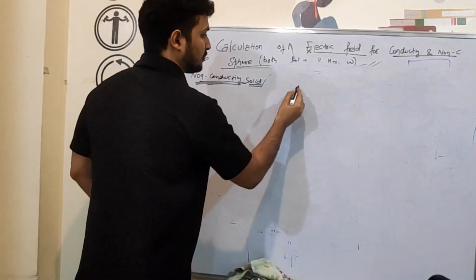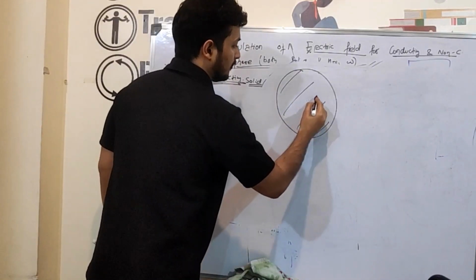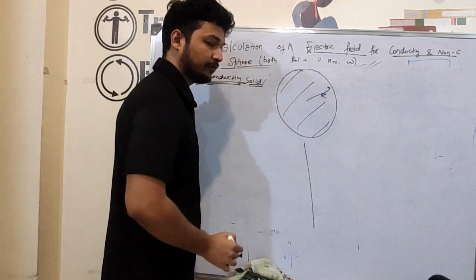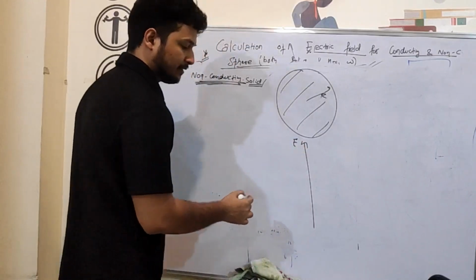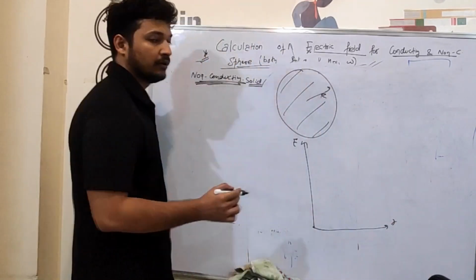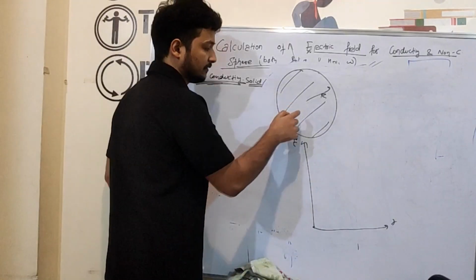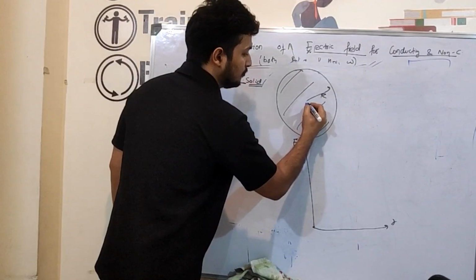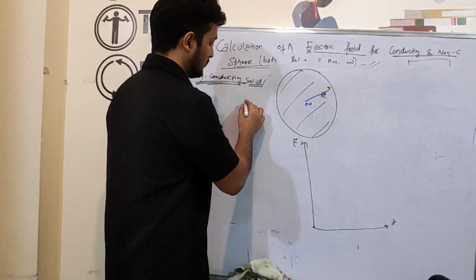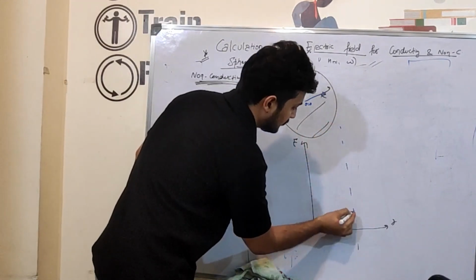So if this was my sphere, non-conducting sphere, and this was my radius R, we are again going to plot it from the center. So this is my y-axis carrying the electric field, and this is my x-axis which is carrying the separation, that is the distance r. So if we move from the center, that means from r equals 0 to any point, that means r still being less than R. That means if this is the point which is r equals to R,